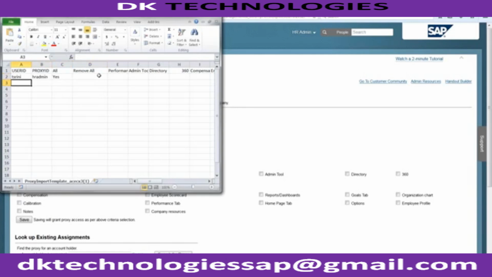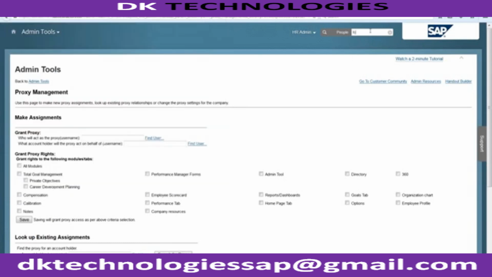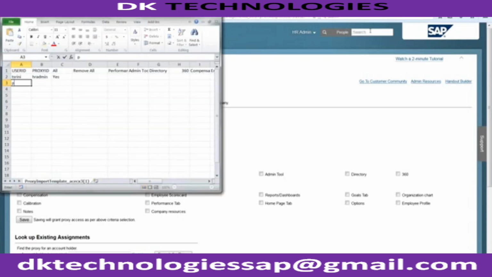And in the same fashion, let me take another user, guys. Let me take P Sudhir. Let's say the HR administrator again wants to log into a couple of modules. Based on the performance, you can see here whether the user will be able to access the performance management of Sudhir's account. Yes. Administration tools, yes. User directory, no. 360, no. Compensation, let's say yes. Employee scorecard, yes. And reporting or dashboards module,